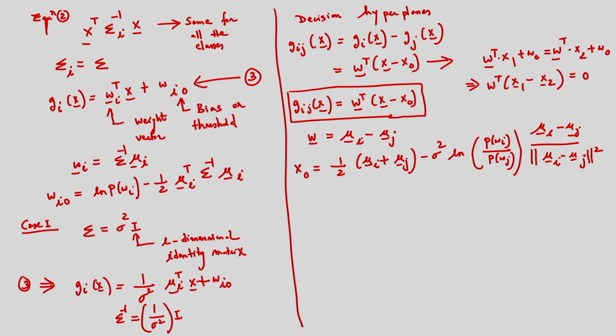So the decision surface is a hyperplane which will pass through the point. The point is x naught. I am repeating this: in this case, the decision surface is a hyperplane passing through the point x naught. And suppose the probability of Wi is equal to probability of Wj,